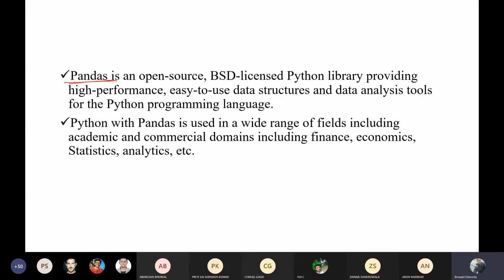Another statement is that Python with pandas is used in a wide range of fields, including academic and commercial domains, including finance, economics, statistics, analytics, etc. So you can use pandas for your data analytics purposes.